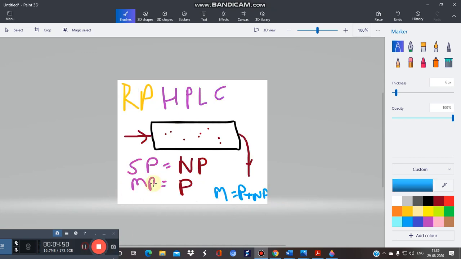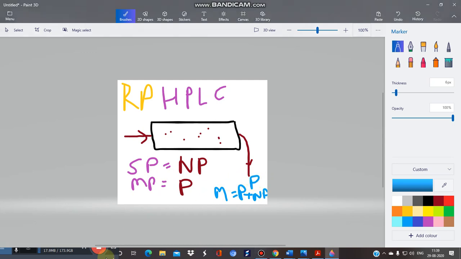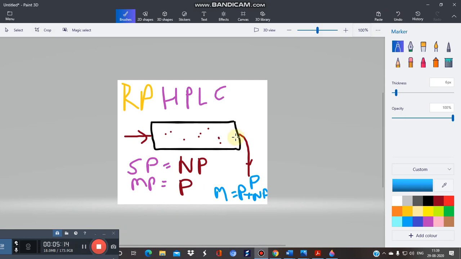See the reverse phase now. This is a reverse phase HPLC, and we know in reverse phase the stationary phase is non-polar, whereas the mobile phase becomes polar. So tell me, which compound will elute first? Here the mobile phase is polar, that means the polar compounds will elute first, because the nature of the mobile phase is polar. And which compound will elute later? The non-polar one, because now they have higher affinity towards the stationary phase.